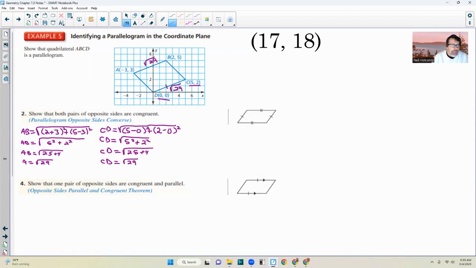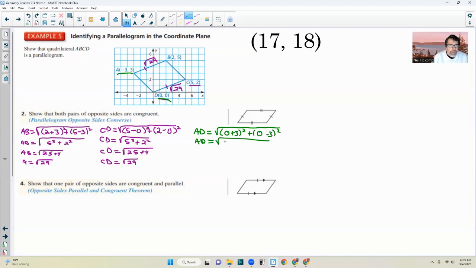So now I know this is congruent to that. Okay? So I'm going to continue doing this. And now I'm just going to switch colors here. And now I want to find AD. Okay? So AD equals the square root of x2, 0 minus a negative 3 is 0 plus 3, and 0 minus 3. So AD